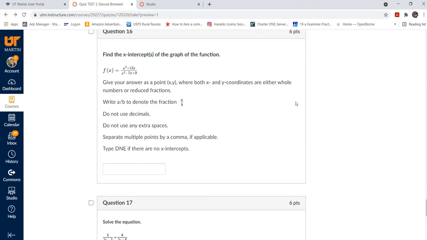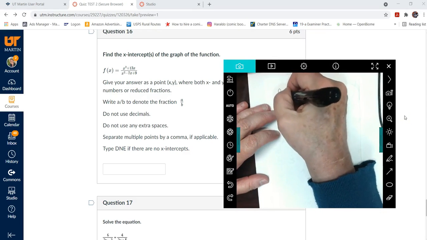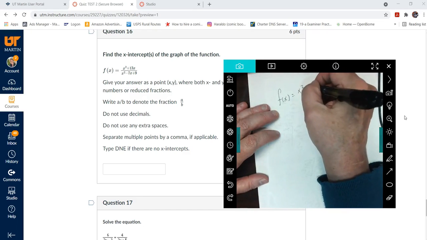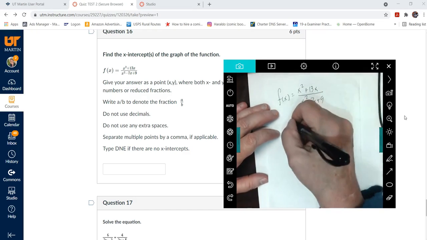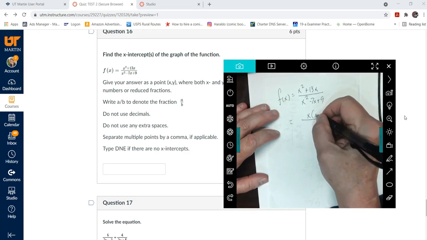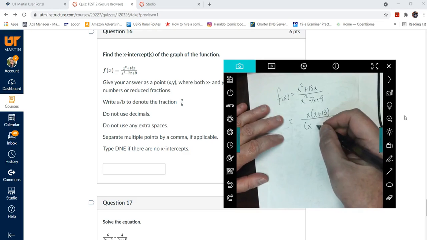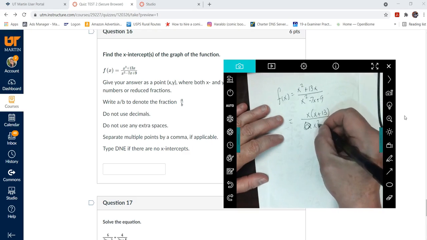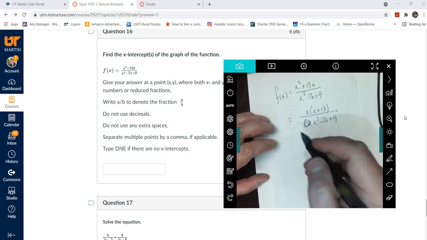Okay. Now, on to the next one. Find the x-intercepts of that. Okay, so we have x squared plus 13x all over that. Okay, so the numerator will factor, and the denominator does not factor. But that's okay. So there's no cancellation, and